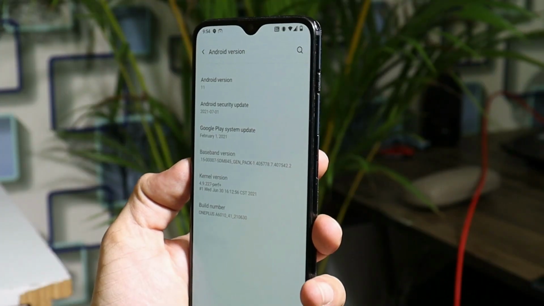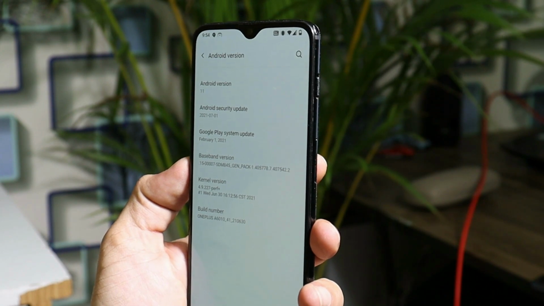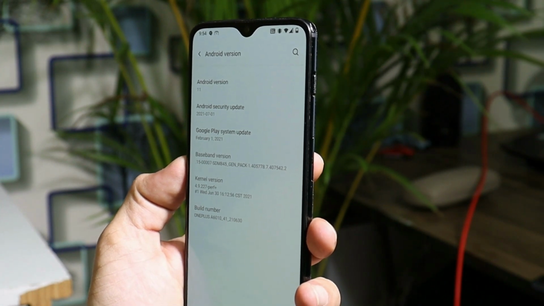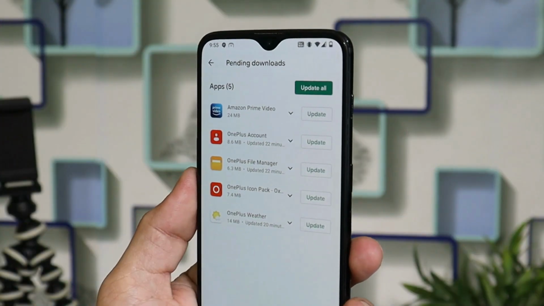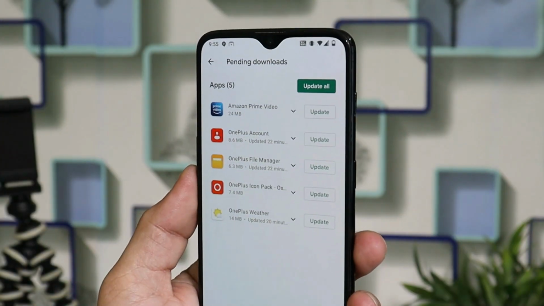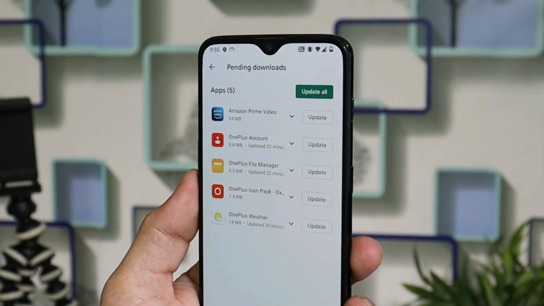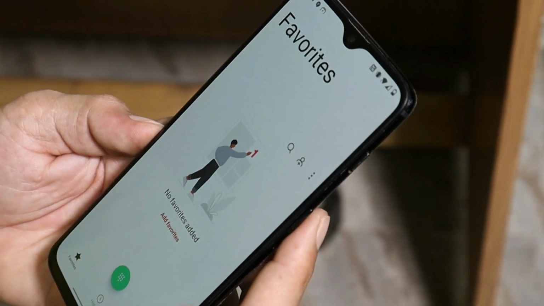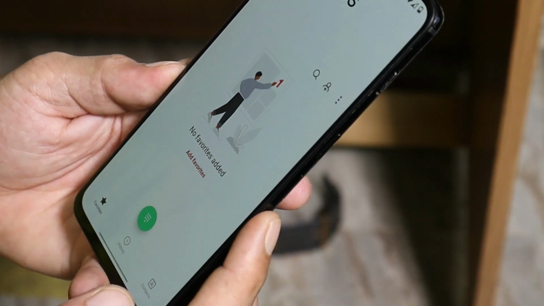So here you can see the software information. Android version is Android 11 and we have received the 1st July 2021 security patch, and the build date is 30th June. And I know till now most of the OnePlus users are aware of the changes in Oxygen OS 11. Basically, Oxygen OS was also meant for better single-hand usage. And this is how your new dialer will look. We have all the three sections at the bottom, which are favorite, history and contacts.